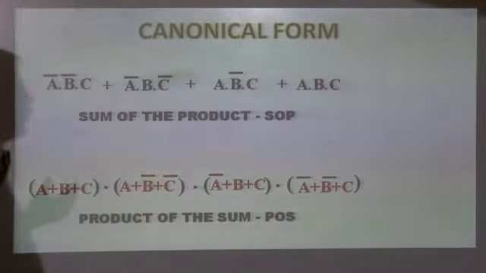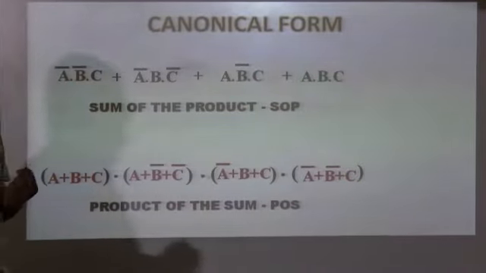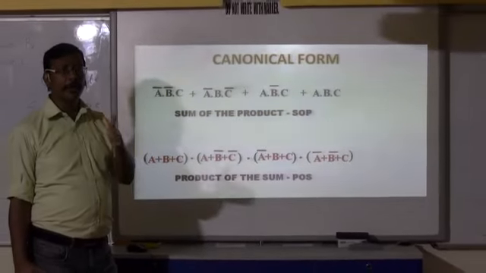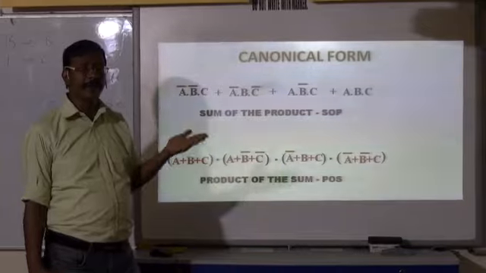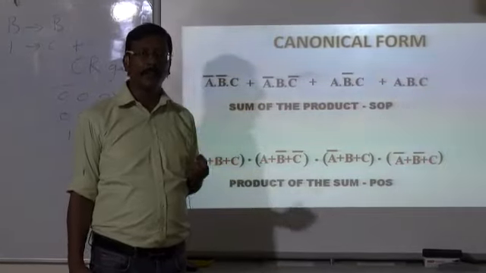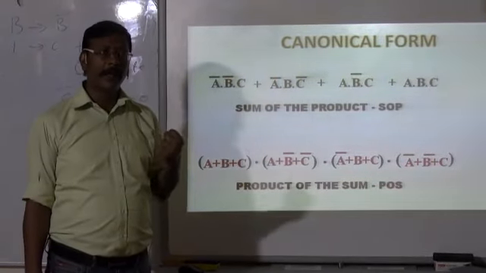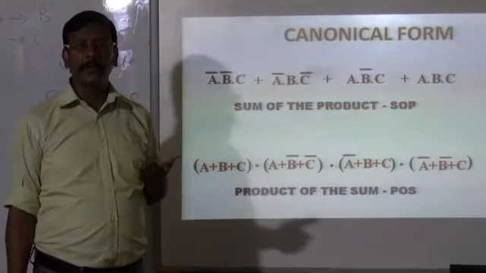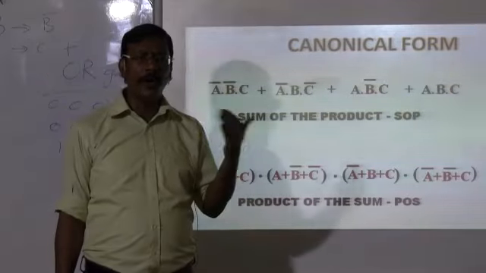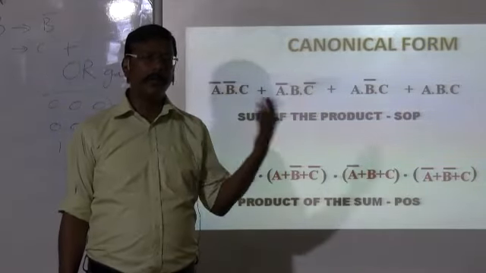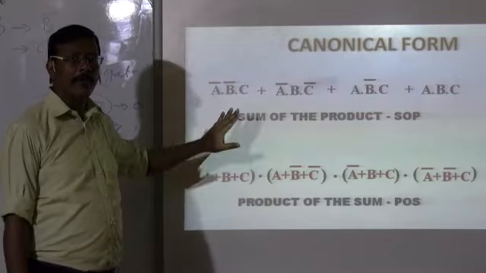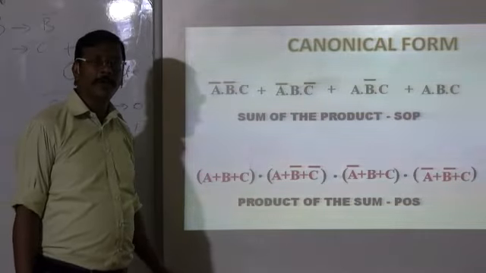So today we have learned how to get the different terms in a truth table. The different rows have got different terms. How to convert the terms to the combination or from combination to the terms, binary to decimal, decimal to binary values. We have seen what is SOP, what is POS, how we are getting SOP, how we are getting the POS. And then in a truth table, which terms are the SOP terms and which terms are the POS terms. Okay? Generally, you get to do either the SOP or the POS. Both are not given. But then we have learned both. Okay? And also we have learned how to form this canonical form from the truth table. Fine? So we will stop here today.